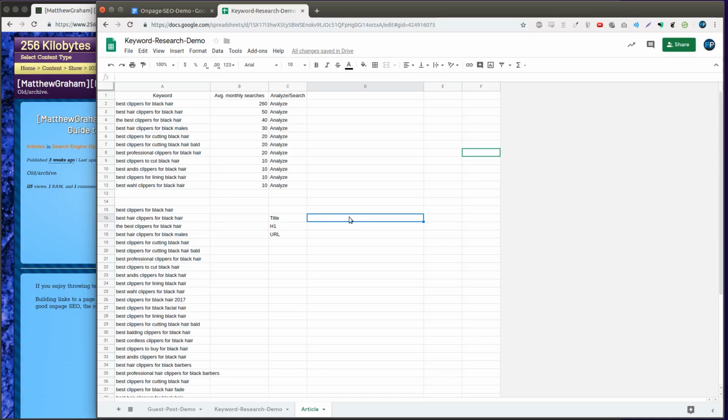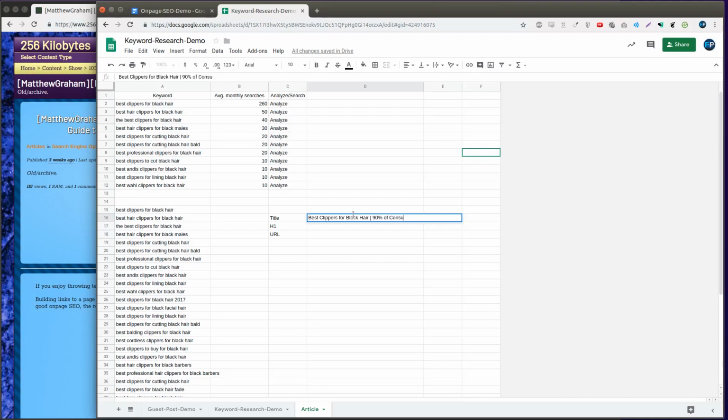But anyway, a good formula for what you can do, and there's a lot of different ways you can do this, but one thing you might do takes into account both the optimization for conveying the semantic meaning to search engines, but also the importance of trying to get a good click-through rate, is that you can take your main keyword, so best clippers for black hair, and then we can do a space, a pipe character, and then another space, and then we'll have a benefit. So best clippers for black hair. The fourth one will surprise you. It probably won't surprise you, but whatever. So something like that, or we might say